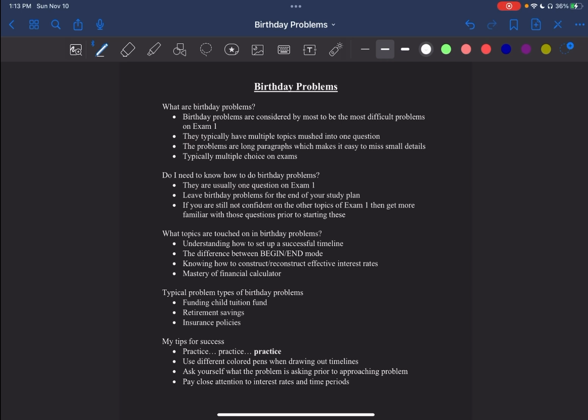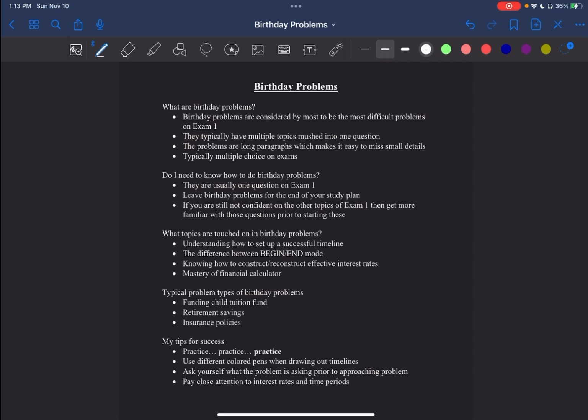miss small details. In terms of the actual exam, it tends to only be one question, and it also is multiple choice. And that's nice because Banco often, his answer choices aren't tricky. So if you get an answer choice, it tends to be the right answer. I would recommend to leave these birthday problems for the end of your study plan, just because it is one of the harder questions, and it's also weighted the same as all the other questions on the exam, 5